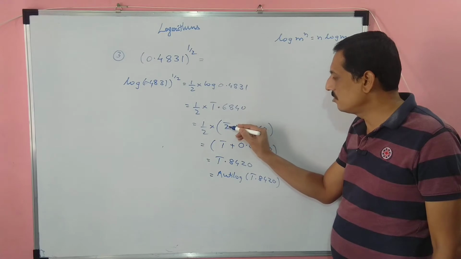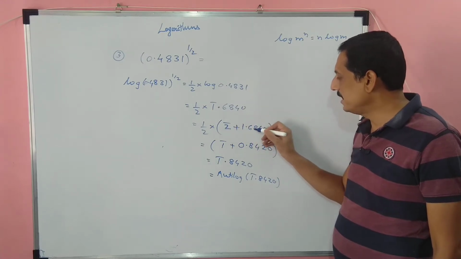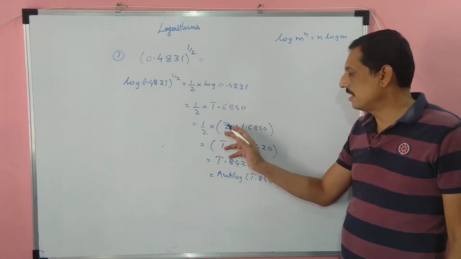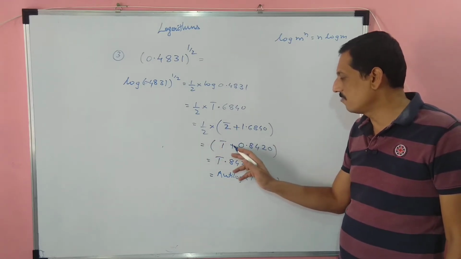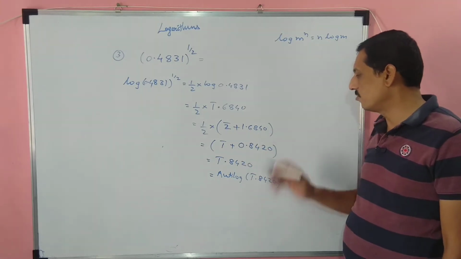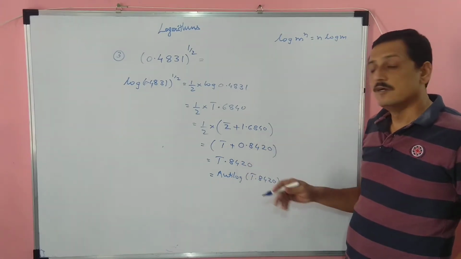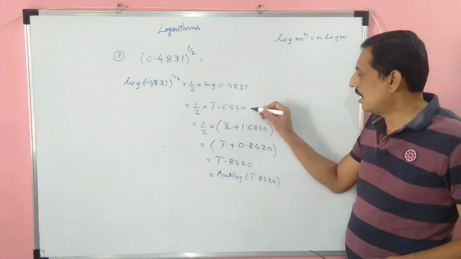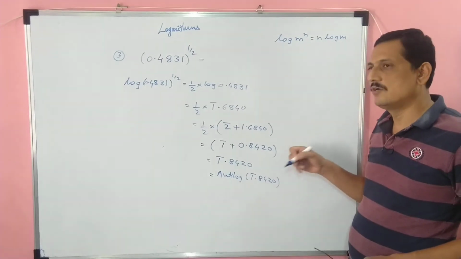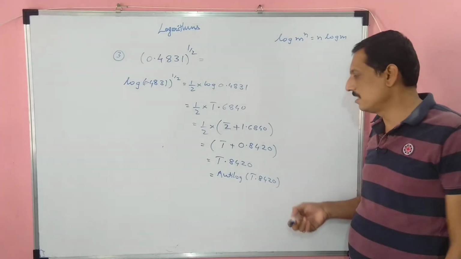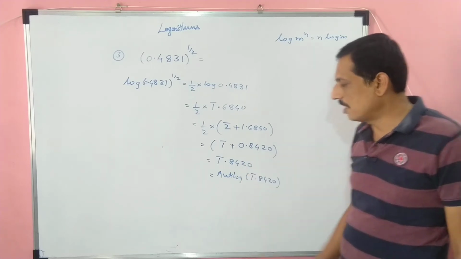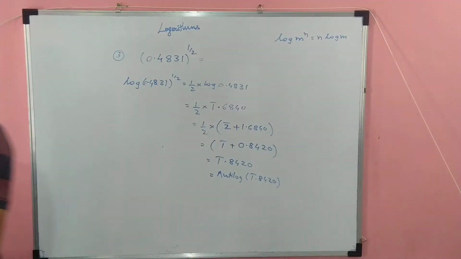So it is bar 2 plus 1.6840. Now I'll divide by 2. So if I divide this by 2, it is bar 1 plus 2 8s 16, 2 4s 8, 2 2s 4 and 0 as it is. So you add. When you become perfect, student, after this step you should do this step directly. So you must be able to adjust it and do it directly. So it is bar 1.8420. Now I will check the antilog of this.